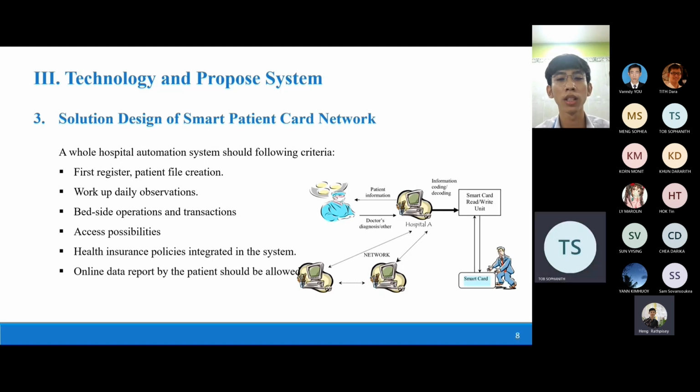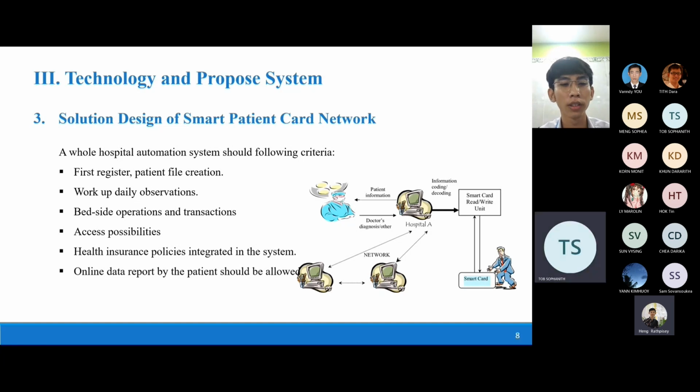private treatment if needed. If extra or related documentation is kept in a network database instead of in paper form, the accuracy and the speed in the circulation and retrieval of electronic information will be even higher. A whole hospital automation system should meet the following